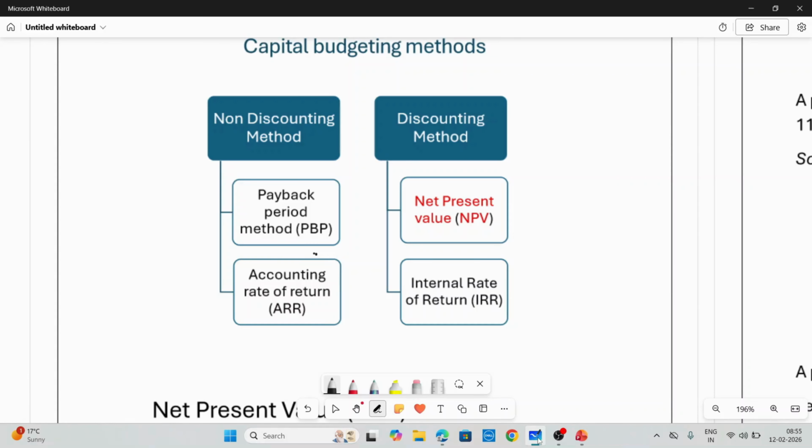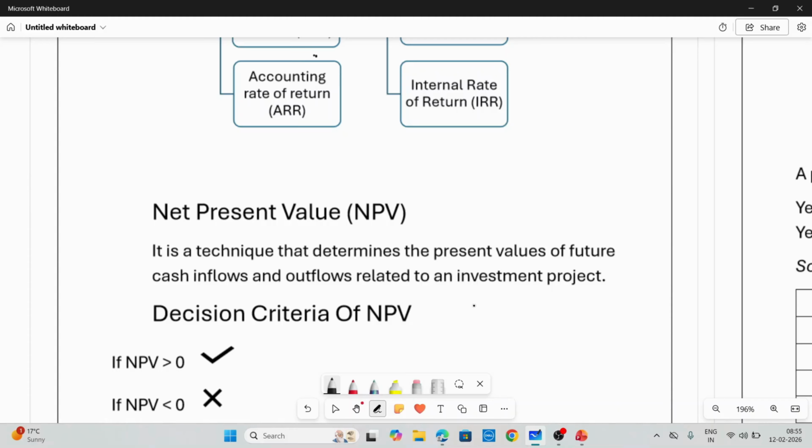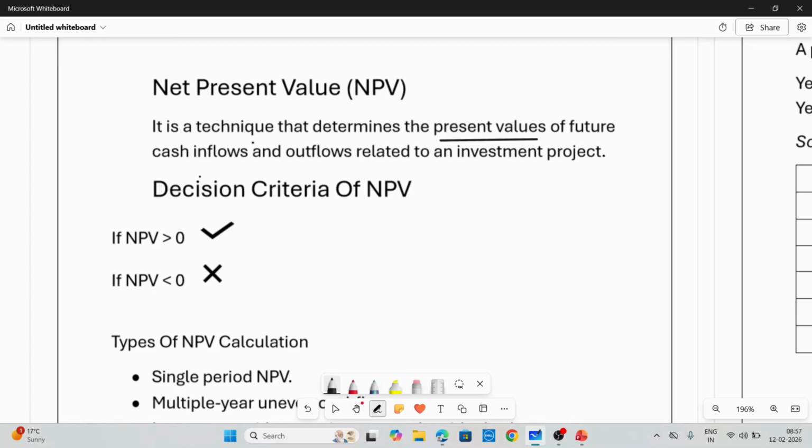Now, let's go with the definition of NPV. NPV is a technique that determines the present value of the future cash flows. So, NPV determines the present values of future cash inflows and cash outflows related to an invested project. In simple words, NPV tells us how much extra value an investment adds today after adjusting future cash flows